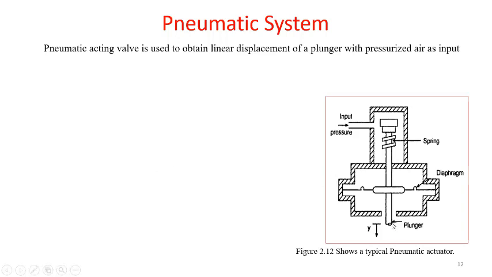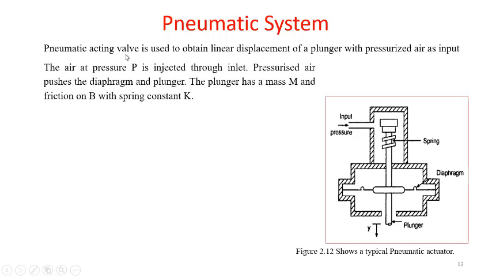Mainly in pneumatic drilling, such as concrete breakers, we see this type of actuation, where air is going to be coming in, pressurizing, and the spring is going to be contracted. Because of the pressure of the air, the diaphragm moves downward and it is going to drill, and when the air is released to the atmosphere, the spring is going to retract and bring it back to its position. So here we will have the air pressure, and because of the air pressure it converts into a force which is going to make the plunger act on the downward side.